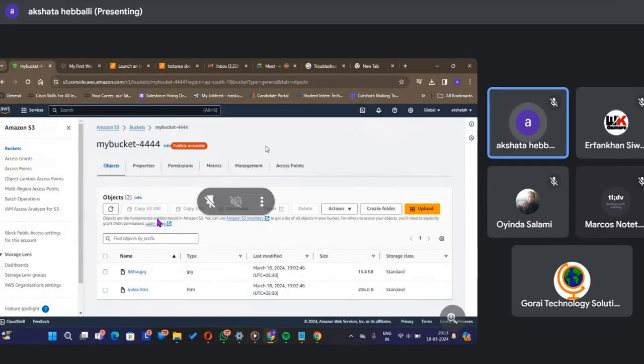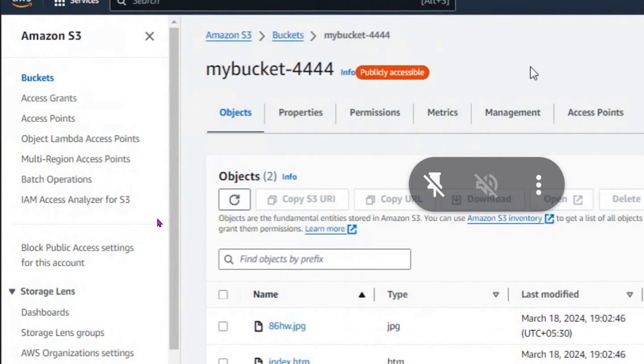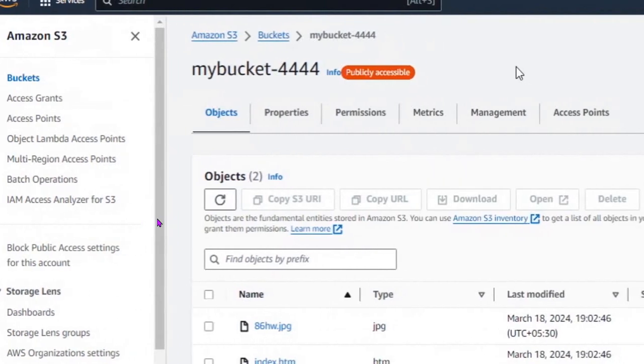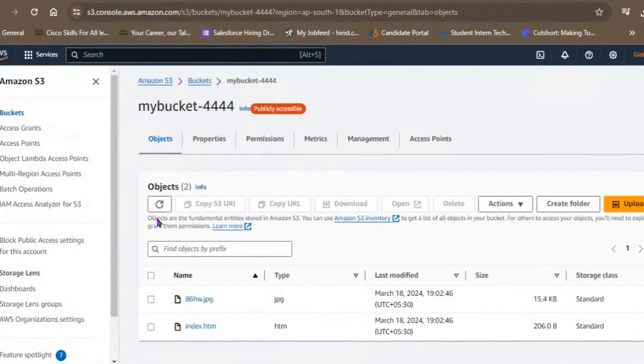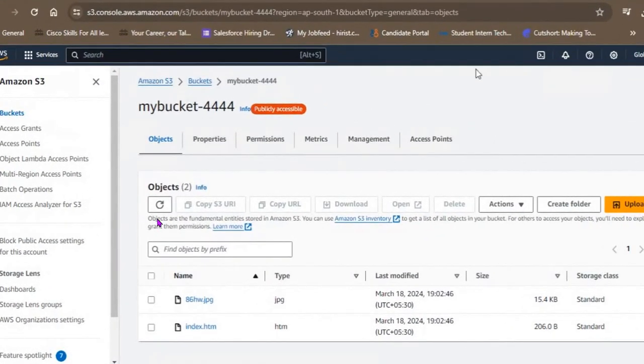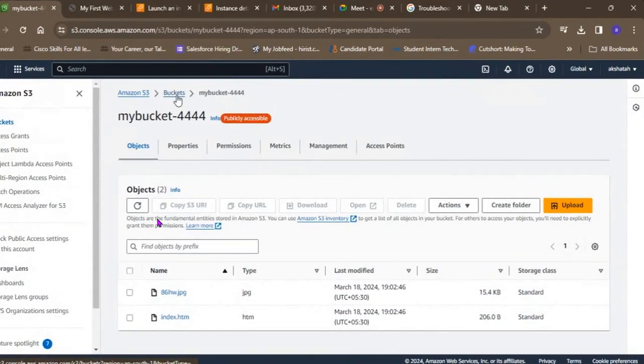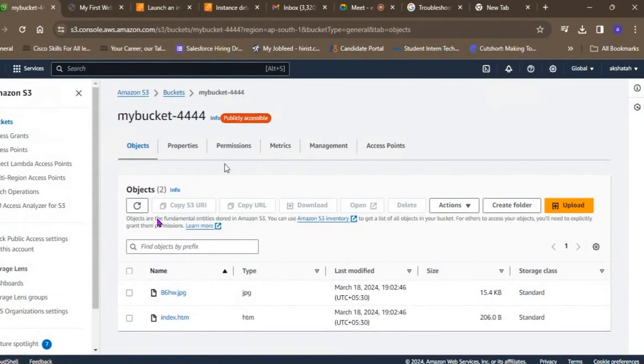I'll be presenting deploying a static website on an S3 bucket, Amazon S3. What I've done is I've logged into my account on Amazon, and the first thing I did is create a bucket in the free tier. After creating the bucket,